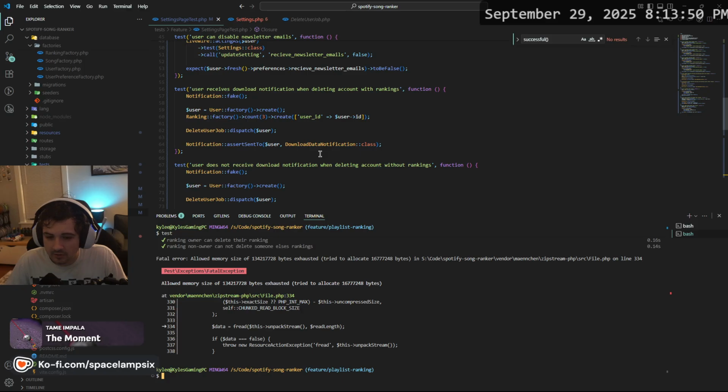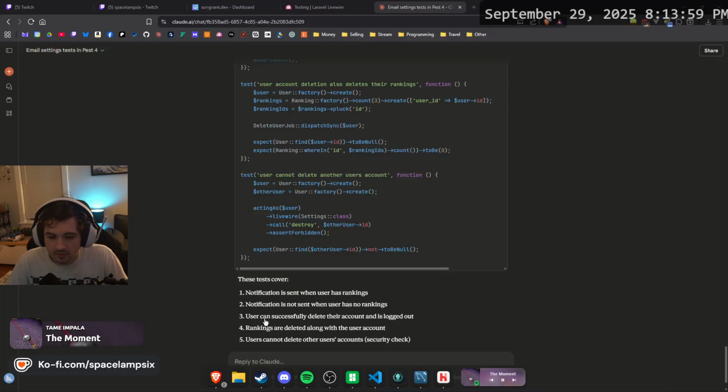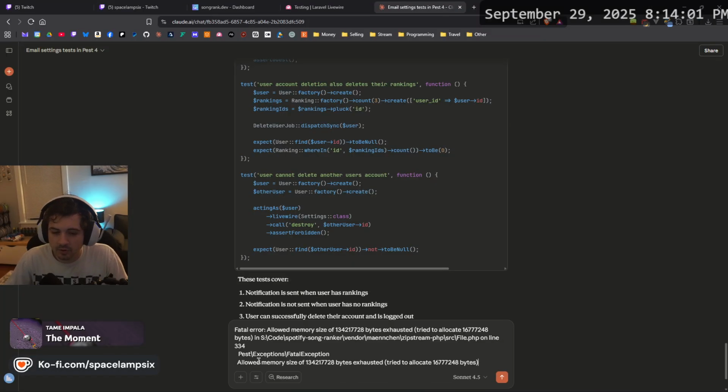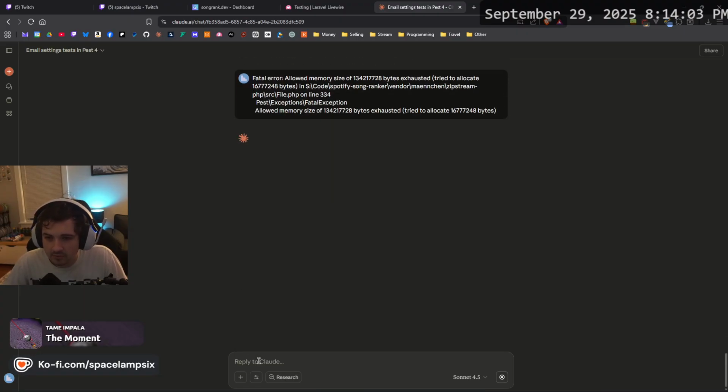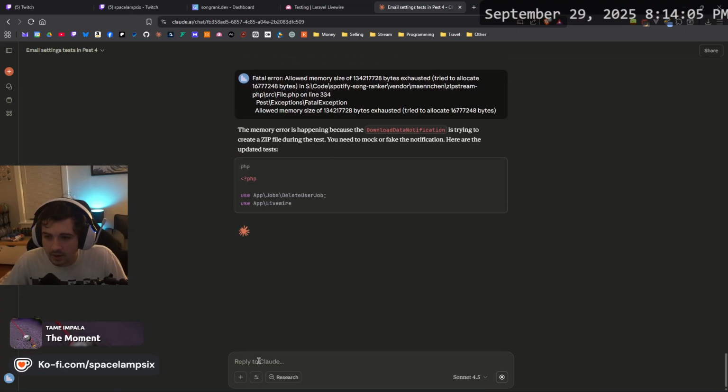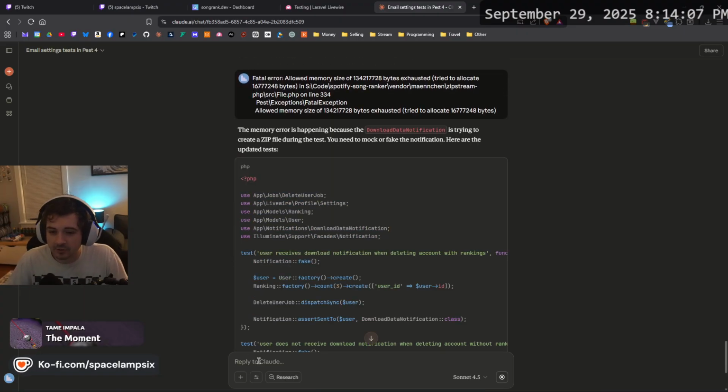Shit. I'm gonna ask AI what this means. I'm gonna see what it thinks happened. Yep, it's when the download data notification is trying to happen. That's what I was thinking. You need a mock or fake notification.